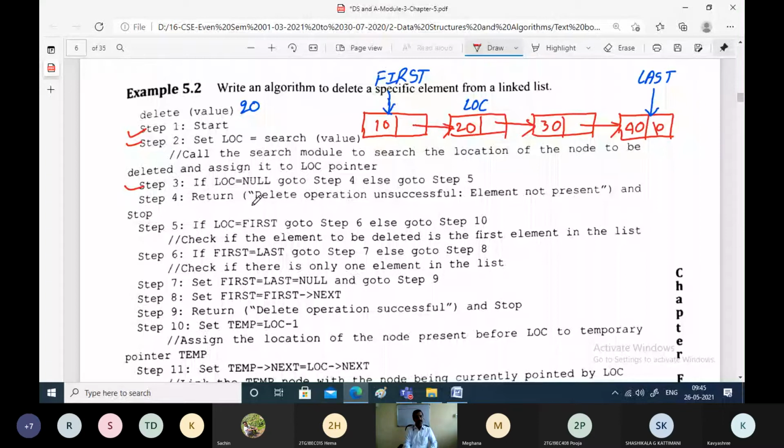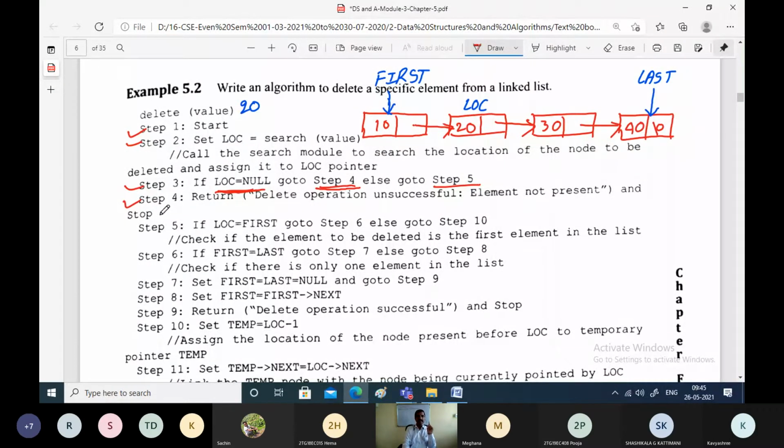In that case, location will be pointing to null and we go to step 4. If this is false, we go to step 5. We are using an if-else statement here. In our case it is not true, but for completeness I'll explain step 4.